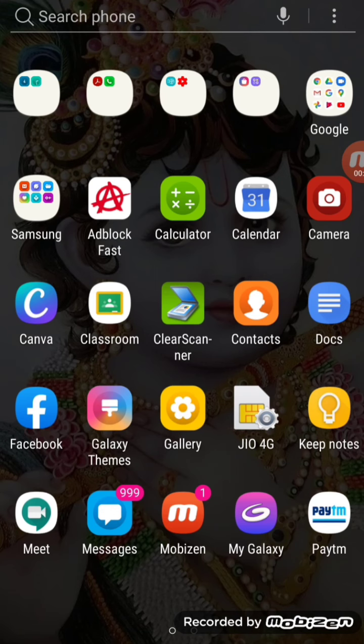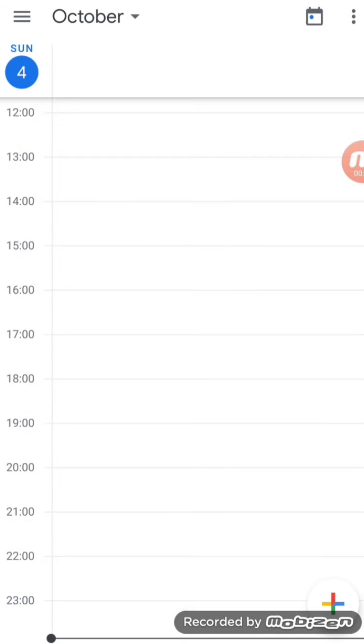Google Calendar on my mobile, so I will click upon this, and now when I click upon this, I will get the Google Calendar where I have options for today's date, that is Sunday 4th October, to schedule any event over here, and then I can just share its link with anyone. So right now I want to schedule an event for one of my classes, that is 10th E, and that too by the name 10E only.